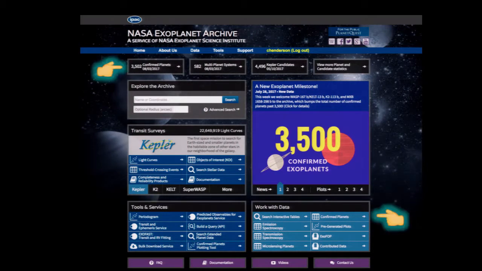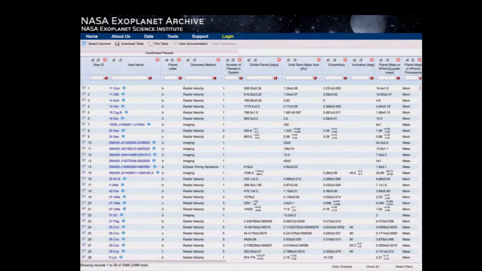Through the front page, you can access what I was referring to as the confirmed planets table. So you can click on it here. You can also find it down here. And you can also interact with it by searching for specific targets, either by a planet name, doing a cone search, or even doing a more specific advanced search. And what this brings you to is an interactive table